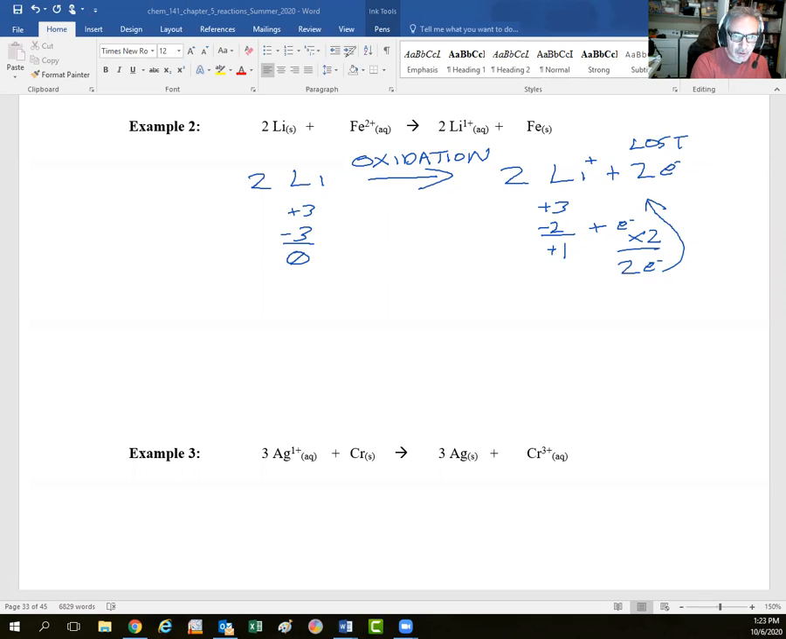Meanwhile, we choose green. Goes against my nature to use green, but never mind. We look at the iron. That starts off as, whoops, it's not 2, just a 1. The ferrous, 2+, and that's changing into iron metal